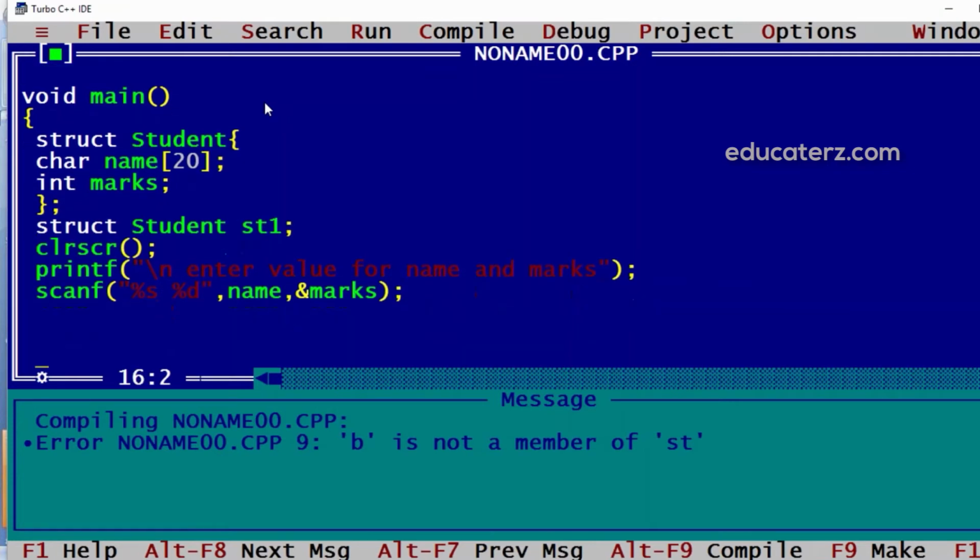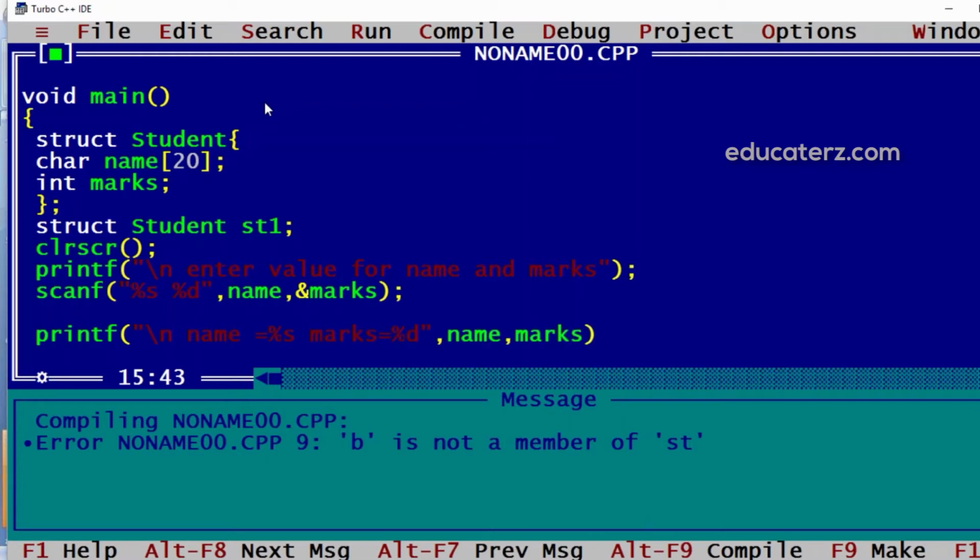Now we can again display these values using a printf statement. So we'll have printf name equal to %s and marks equal to %d. Here again I'll display name and marks.